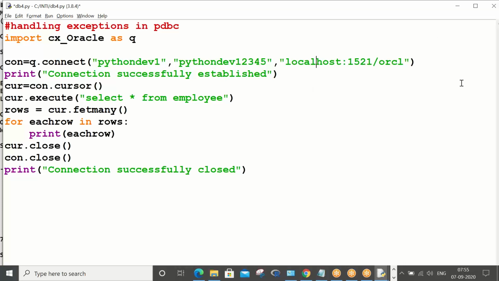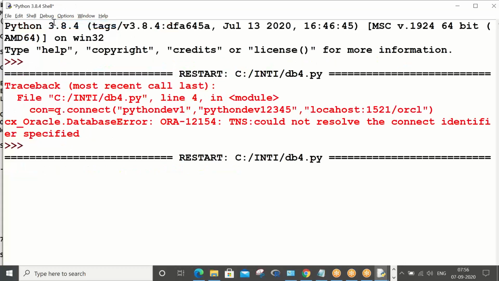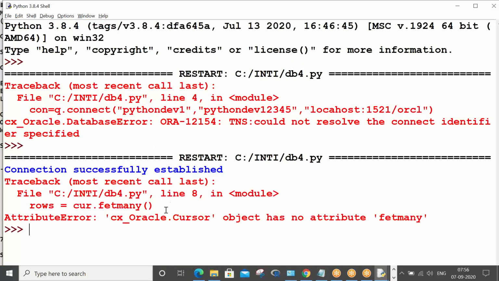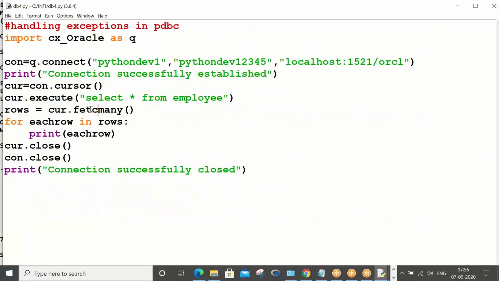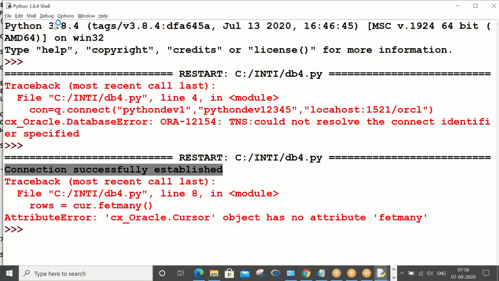Check all. Okay, so you see, control S, run module. So connection, you understood, right? This kind of statement helps a lot for you. So the point is, connection is still established successfully. After connection establishment, the error has come. Oh, these many mistakes I have typed. Sorry, morning, right? Run module.